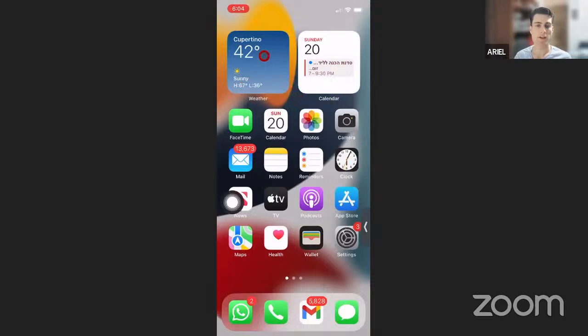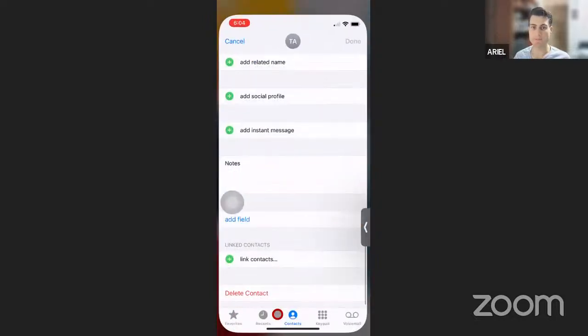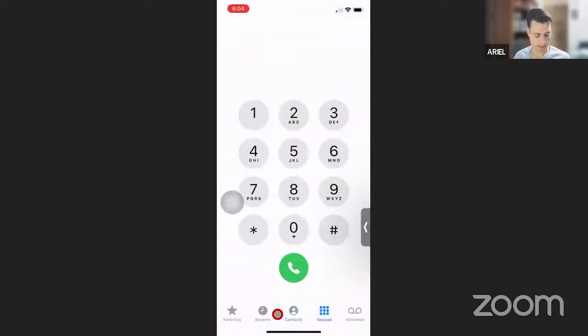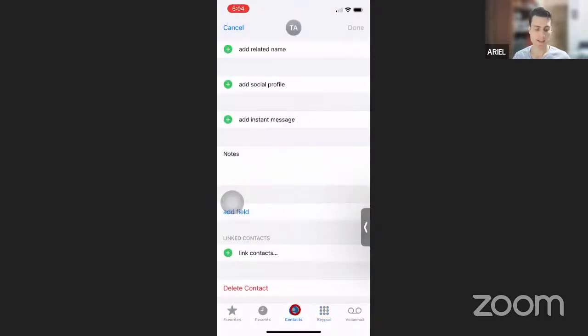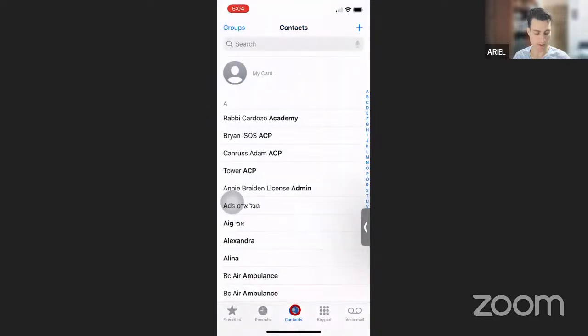Okay, so you see my mouse, it's the red circle on the screen, and I'm going down to the phone, and let's go to the pad that we all know. And on the bottom bar, you see that there's different rooms. There's the voicemail, there's the keypad, there's the contacts, recents, and favorites. And we're going to go into contacts. So this is what it looks like when you go into your contacts. And let's say that the person that I want to know if he's calling is Tower